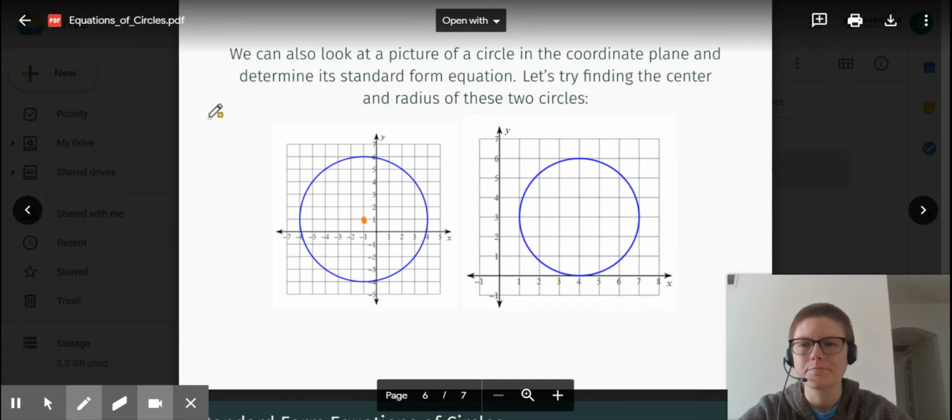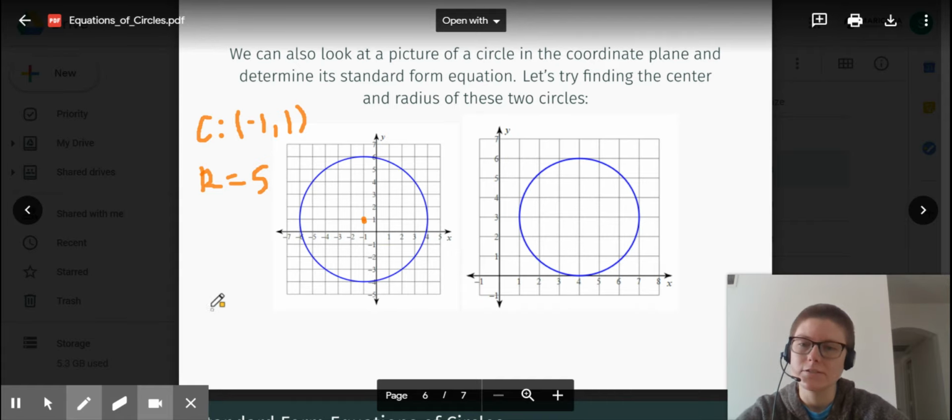So our center is at x value -1, y value +1, and I counted to the edge in all 4 directions, and I found that that was 5. So our radius is 5, right? So if we wanted an equation for this circle, well, 5 squared, that's 25,